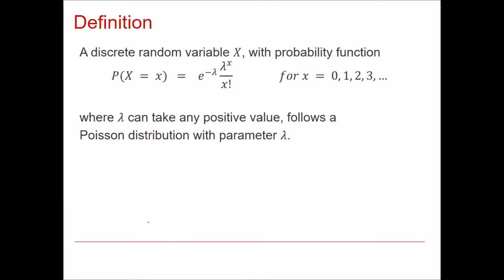This is the formula for calculating Poisson probabilities. We are not going to cover the use of this formula during this video. That will be covered in the next one in this series. For now, I will just say that lambda is the mean rate at which events occur. You can see that the possible values that x can take are any positive integer, and we can write down that x is a discrete random variable from a Poisson distribution with a mean rate lambda like this.